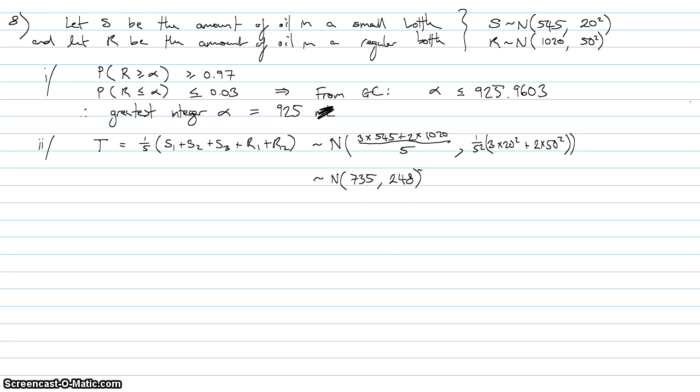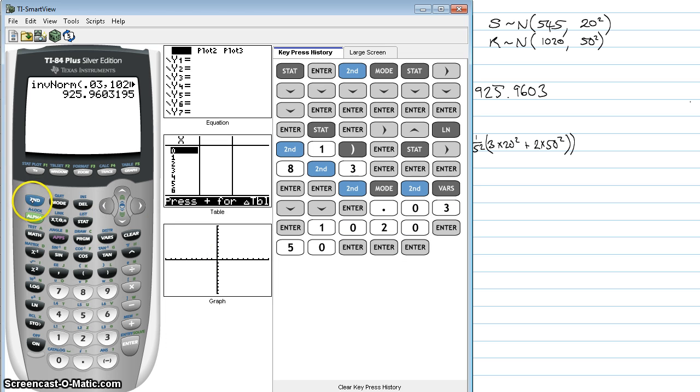Right. So if you read the question again, it asks what's the probability that the mean of 3 small bottles and 2 regular bottles is less than 730. So we're actually asked what's the probability that T is less than 730. Just remember this is the mean, this is the variance. We go to our GC, we look at our distribution. We know T is normally distributed, so we choose the normal CDF. And the lower bound is infinity because we want to know the probability that it is less than